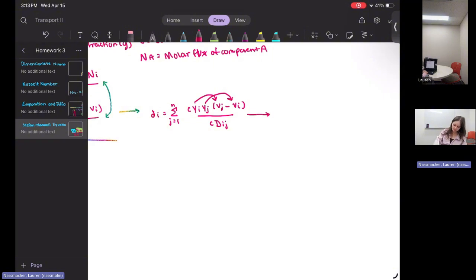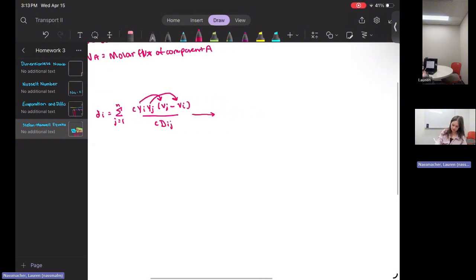So we'll multiply all of these, and we get that the sum from j equals 1 of y_i c_j v_j